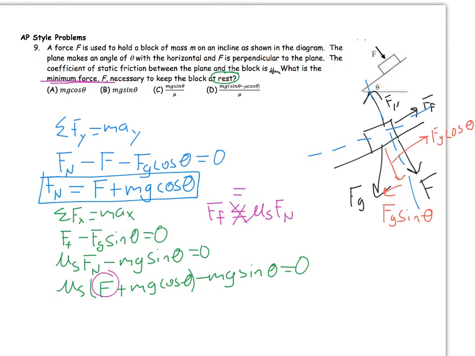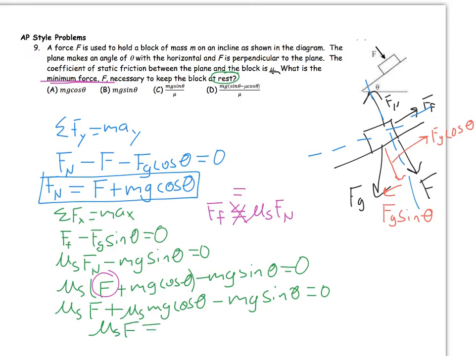This is what I ultimately want to solve for, so we're just going to do a little bit of algebra and rearranging here to get that. So first I'm going to distribute that coefficient of friction, so mu times F plus mu times mg cosine of theta, minus mg sine of theta equals 0. I'm going to move this term and this term over to the other side. So I get mu times F is equal to mg sine of theta minus mu mg cosine of theta,